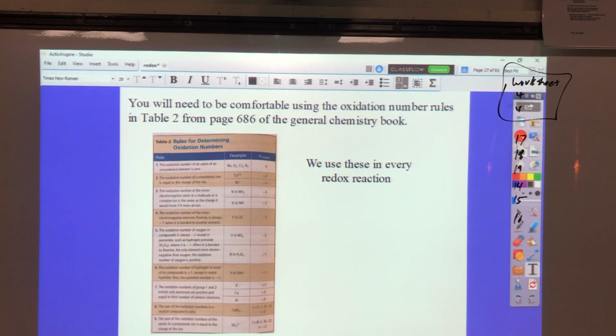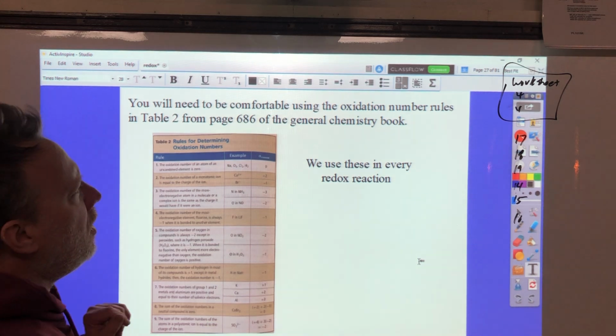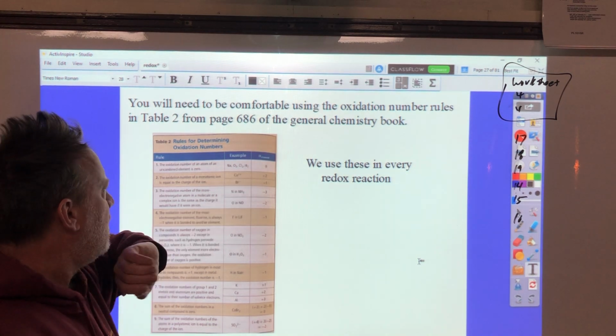Between these, I think this will be the last video for the redox section. So this should probably get us up to sometime on Wednesday. And I wanted to point out a few things before I continued, because I've missed a few things. If you go all the way back to this flip chart, page 27,